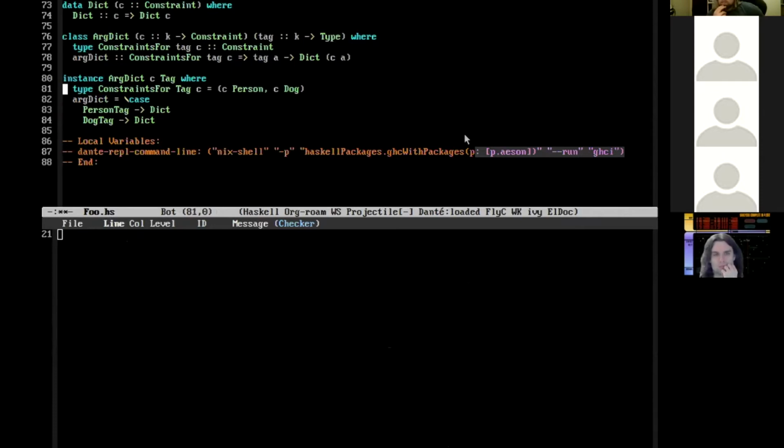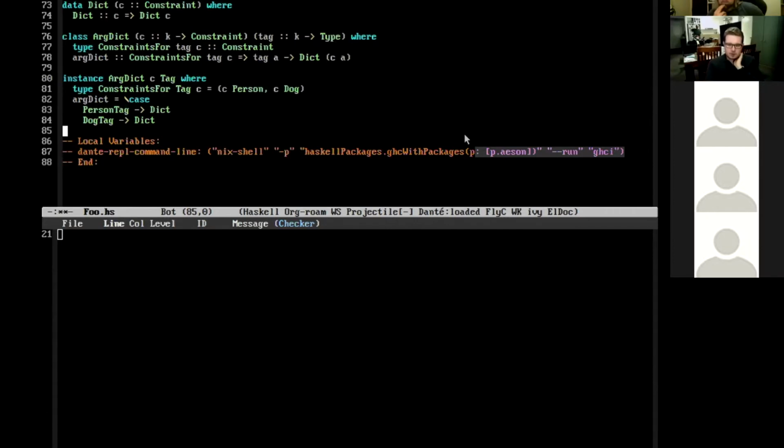I should point out also that writing this stuff out by hand is really dull. So constraints-extras provides Template Haskell that will generate it for you, but it's worth seeing what it's doing at least once. Hey, Jack. Yes. What are the types of the two Dicts there?